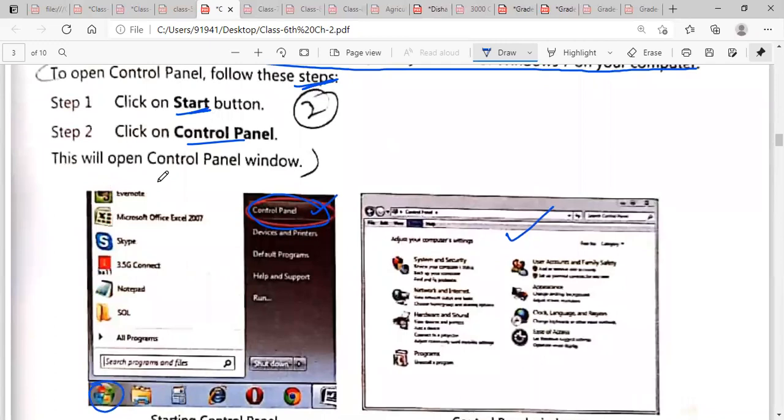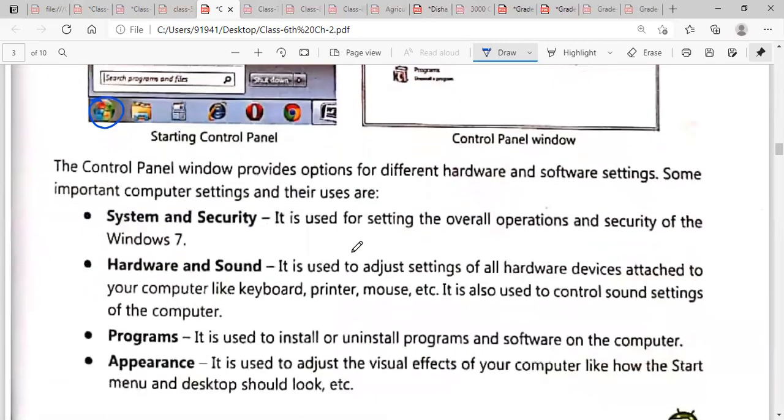Okay, this will open a control panel window. This is your control panel window. The control panel window provides options for different hardware and software settings. You can find here various hardware and software settings, some important computer settings and their uses. Okay, you can also find various computer settings here.